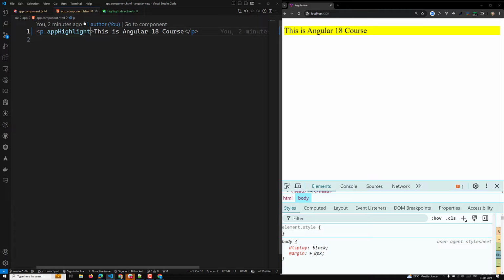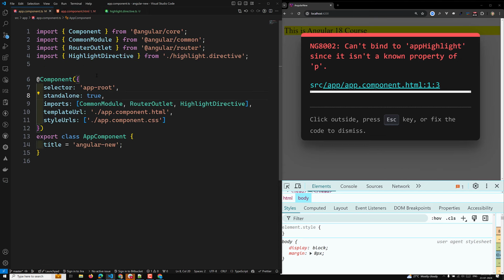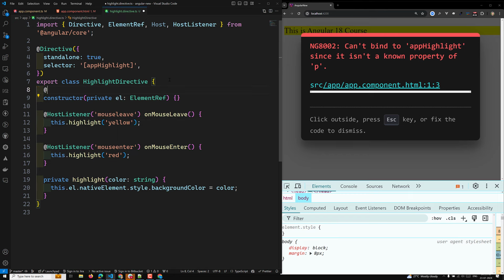For example, let's say that here you want to send a default color or anything, so is equal to yellow. Okay, you have sent this color. You need to send it like this. Why? Because this is normally a variable. Now for this one we need to capture it. So here in our directive I can write an input variable here,